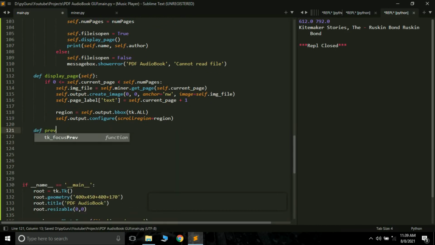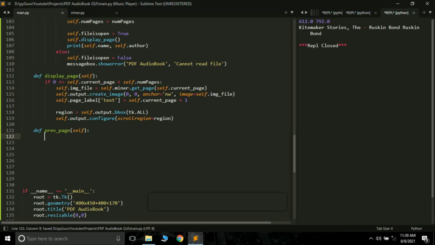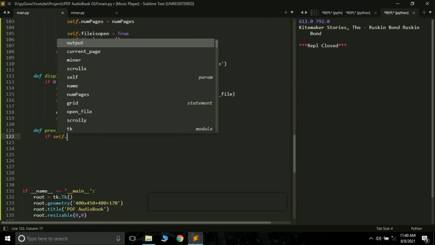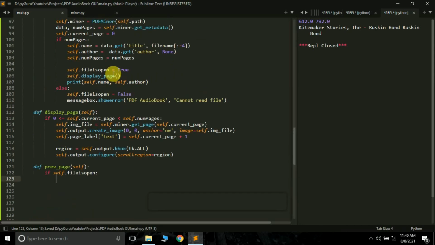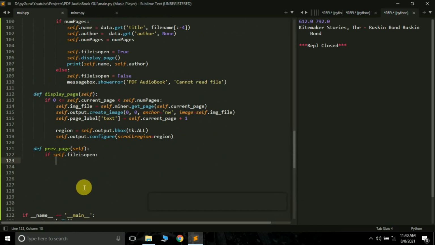def previous_page. We should be able to move to the previous page. This method will help us to turn to the previous page. So if self.file_is_open, remember it will get true if you have loaded the file successfully.